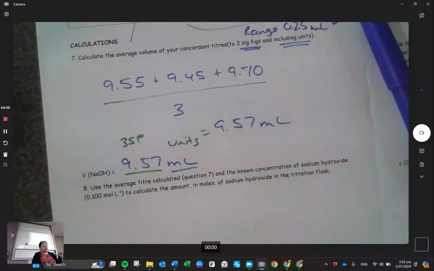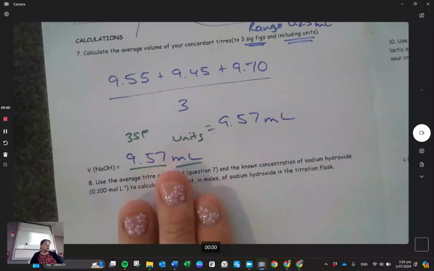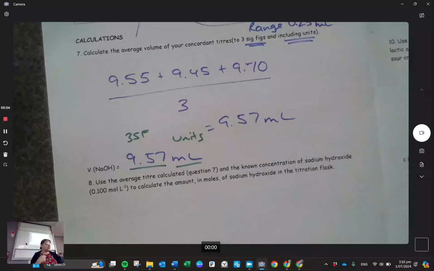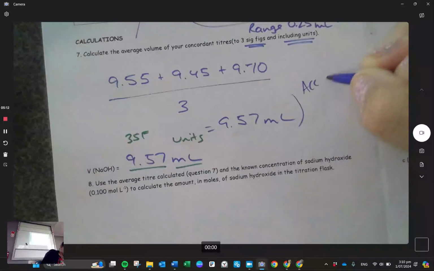Now, what does this mean for you guys? For you guys, this is the answer that I got. You have to be accurate to my answer. So that means you are allowed to be 0.4 below or 0.4 above. So the range that I'm looking for the accepted answers